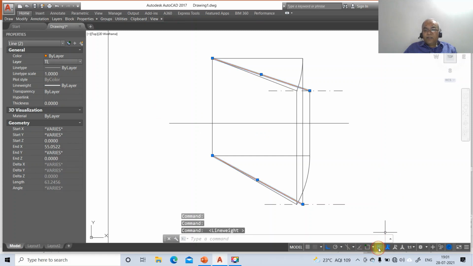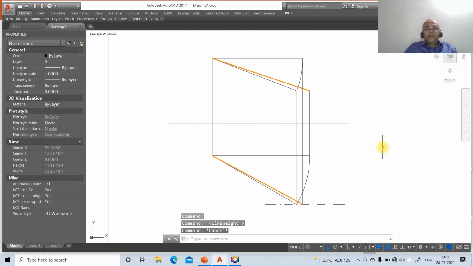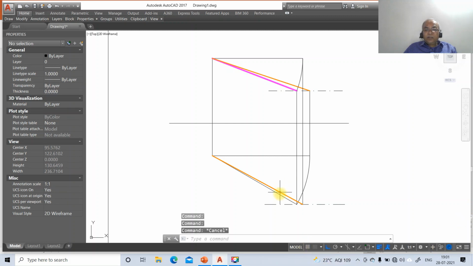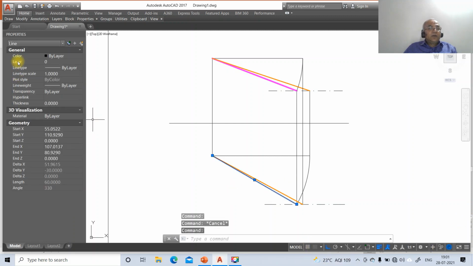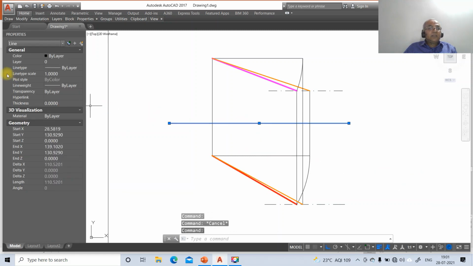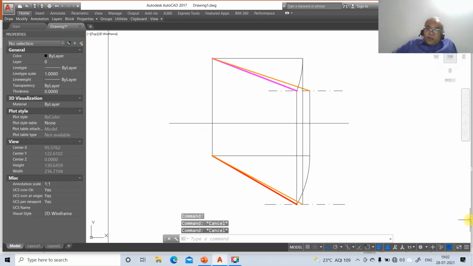So you come down to line weight display on. So escape. So you just click on this, go to layer, make that layer as front view. Then you click on this line, click on this layer, go to this and you make it as top view and escape. Then click on this, go to layer, make that layer as XY. So once you do that, now we have changed everything. Now we need to go for DDIM.